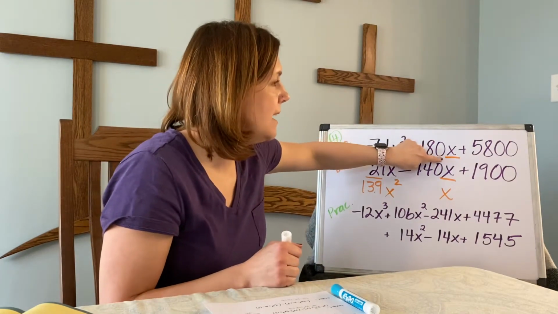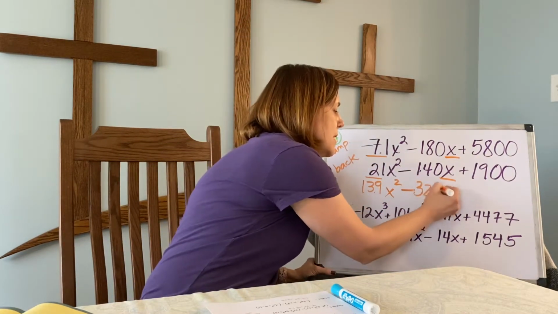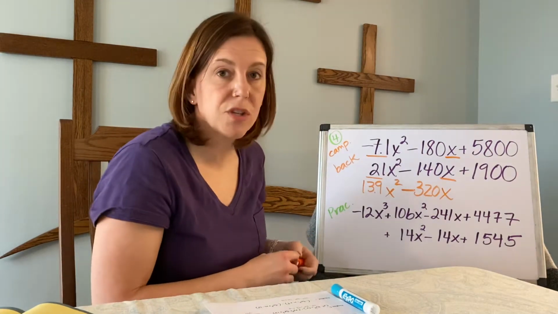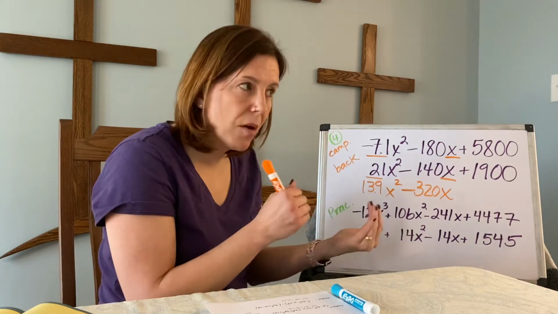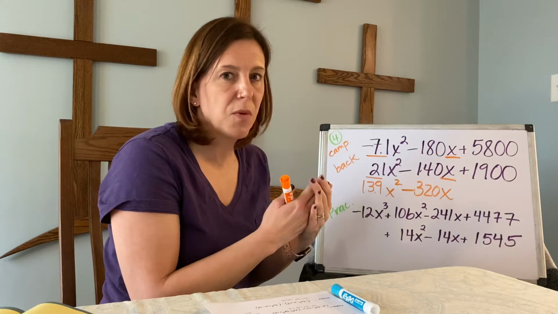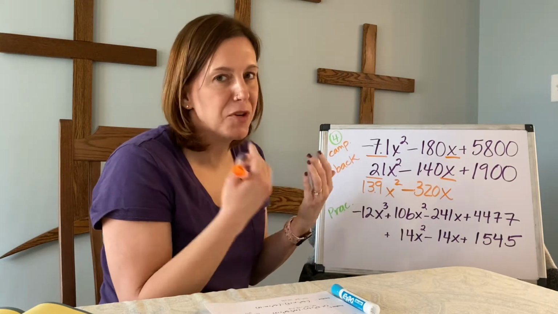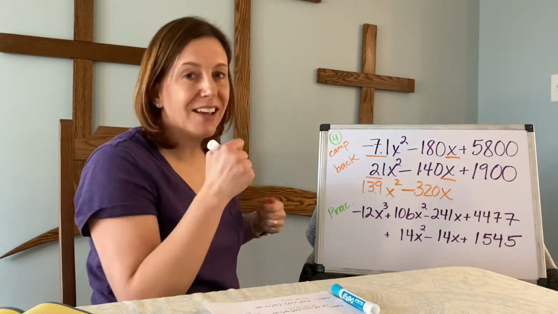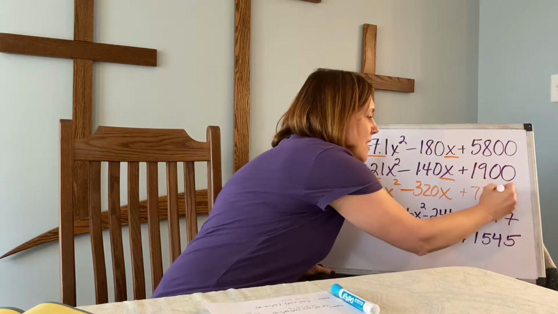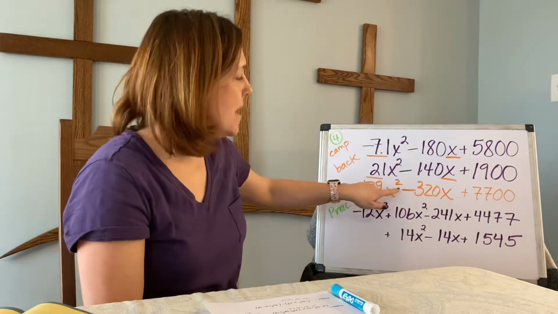Negative 180 minus 140 gives me negative 320x. Okay, my last one is just numbers. Now, numbers are always common terms with numbers, which makes sense, but they also have the same variables and exponents. None. So numbers and numbers are common terms based on that definition as well. I can go ahead and simply add straight down my numbers, and I get my answer is 13.9x squared minus